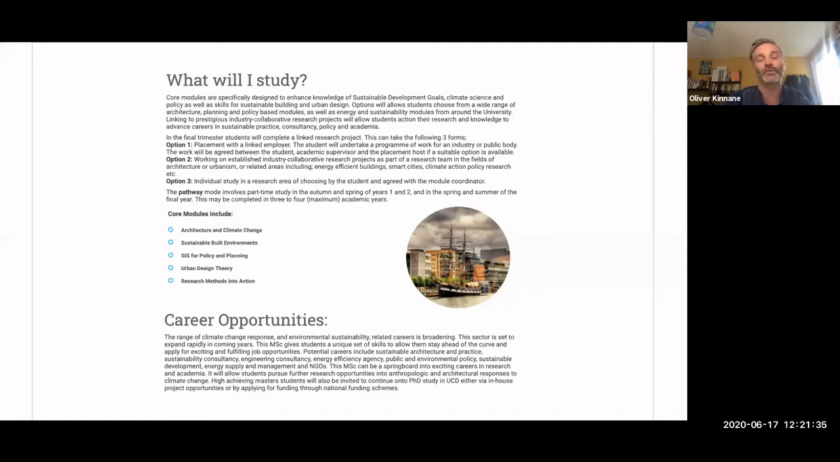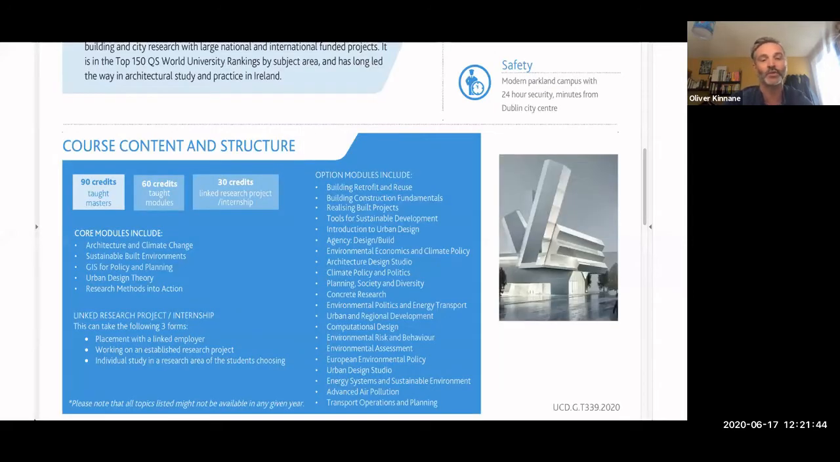You will also do what we're calling a linked research project, which has 3 options available to you. So it's 30 credits for core modules, 30 credits for the option modules, of which there's a long list of modules available across the university. And then there's 30 credits for the research project, which we're calling a linked research project, which will either be